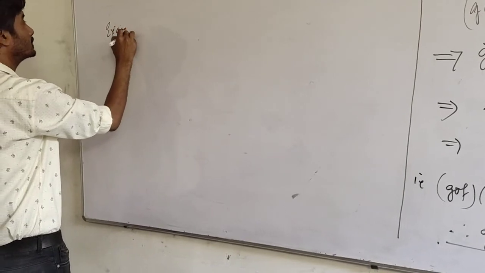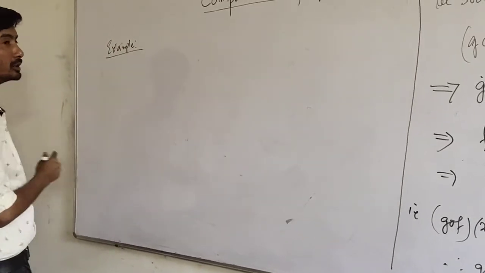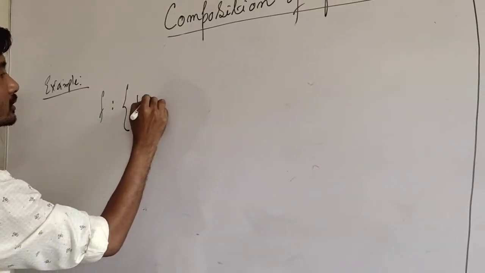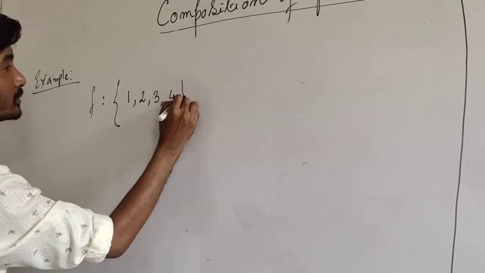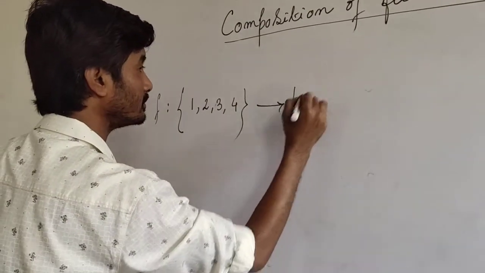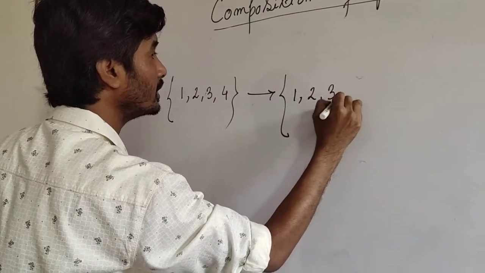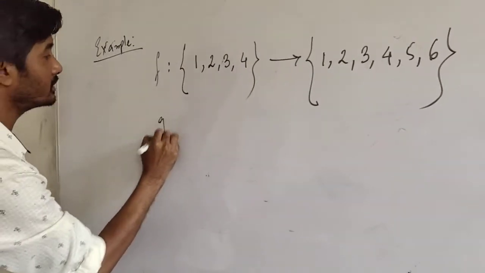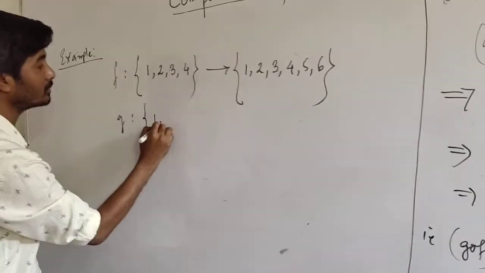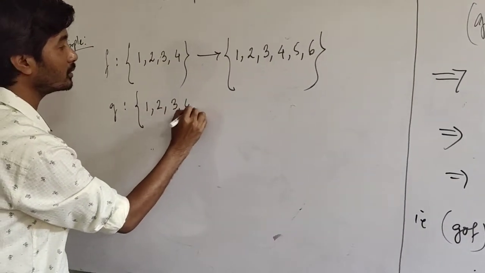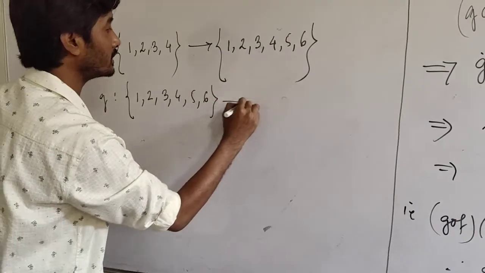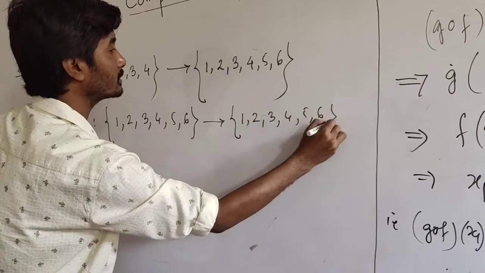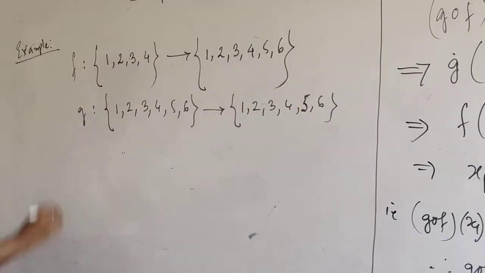We take one example. We take a function f from the set {1, 2, 3, 4} to the set {1, 2, 3, 4, 5, 6}, and g is a function from {1, 2, 3, 4, 5, 6} to the set {1, 2, 3, 4, 5, 6}, defined as